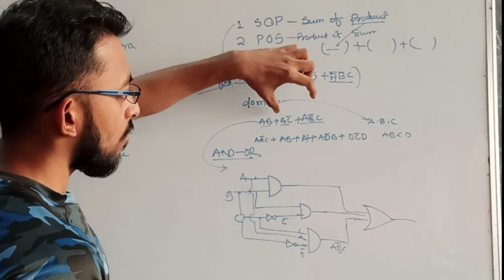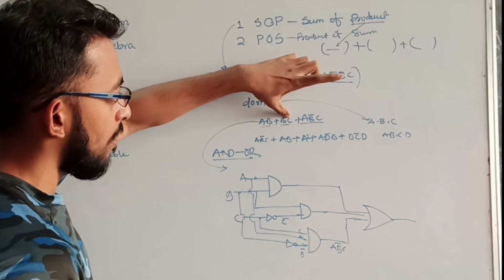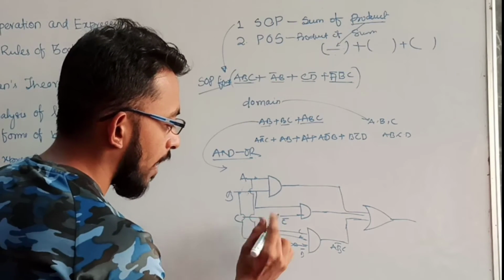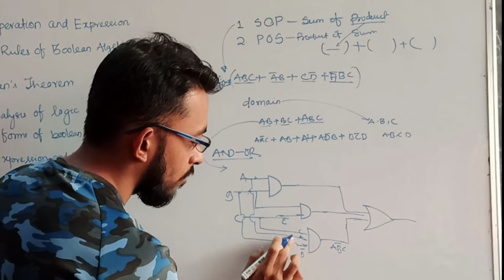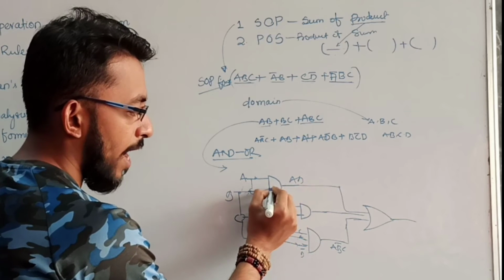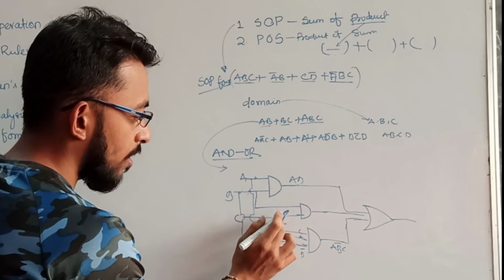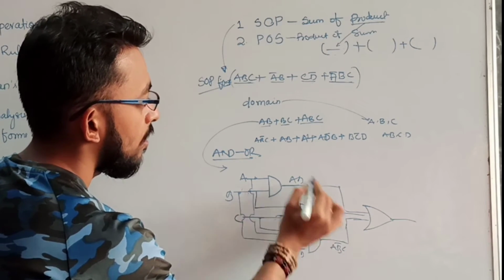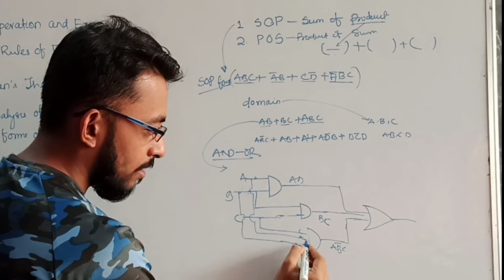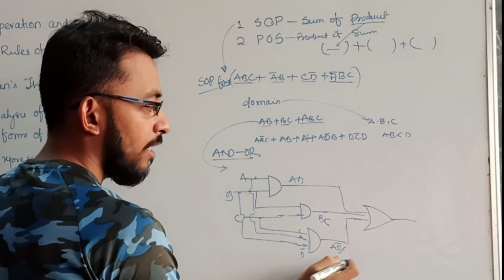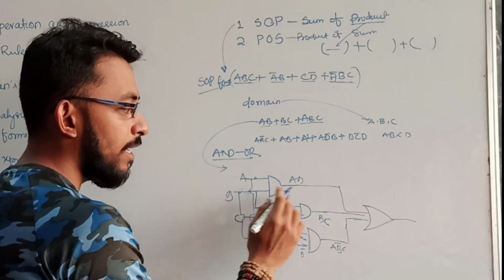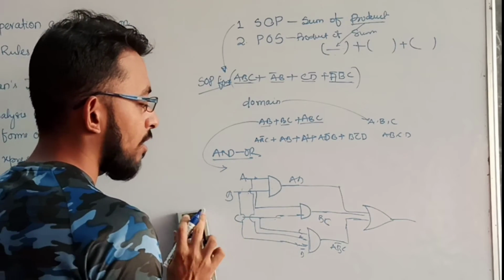Or you could not take the complements here. Let's make it a bit simple. Don't take the complement for now. It means I only have to write this direct expression. No need to take the complement. What I did here, it is nothing but AB. This is the AND gate. The next one is nothing but BC, second AND gate. Third one is nothing but ABC. This is the third AND gate. And these three AND gates and then OR. So this is the AND-OR representation. First they are ANDed, then they are ORed. This is one way of representation.